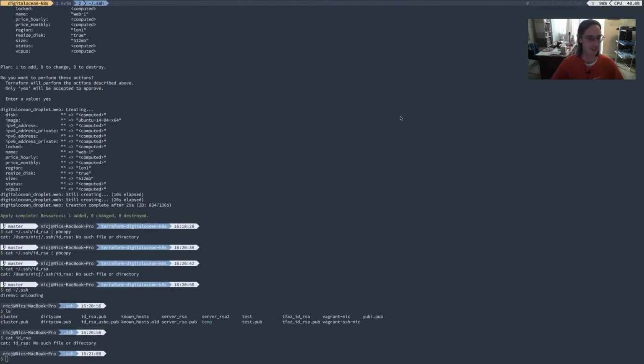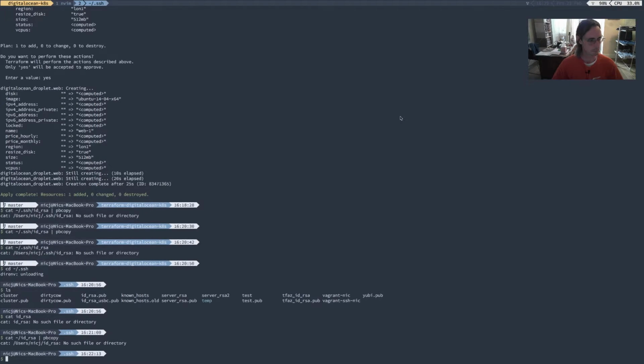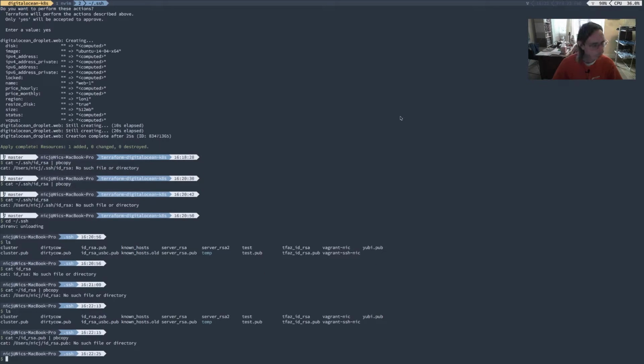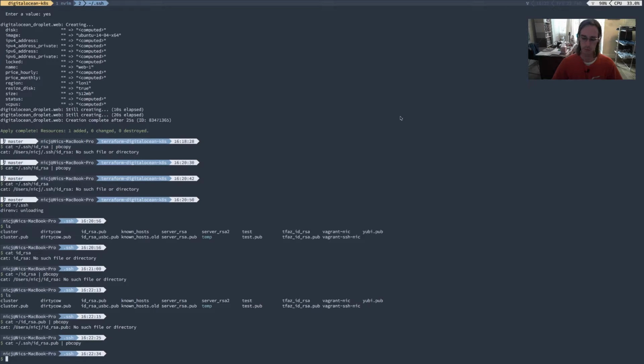key into here. So what I'm going to do is cat id_rsa.pub, and I'm using a Mac so I can pipe that. Oh, wow. I shouldn't do this on a Friday, should I? I really shouldn't. Anyway,